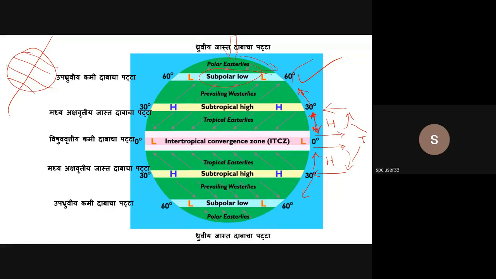This is going to push it up, and this is going to tuck itself down. When this goes up, this is going to move in this direction, and this is going to move in this direction, and coming down here, completing the respective cells. So this is going to be the Ferrel cell, which is a mechanical cell. It's not a thermal cell. And of course, this is going to be the polar cell.